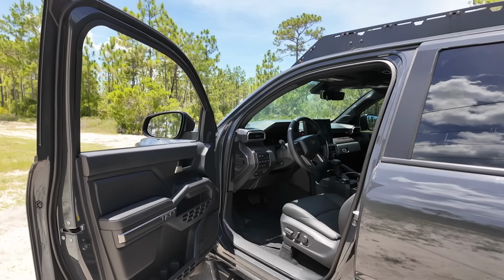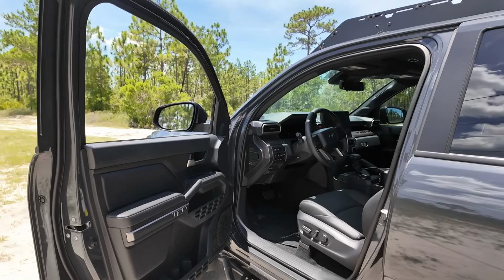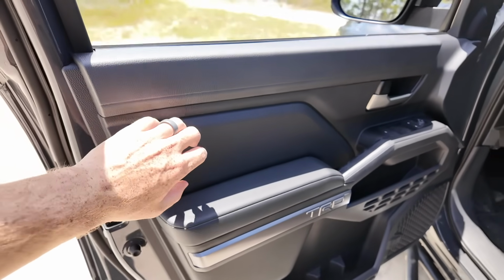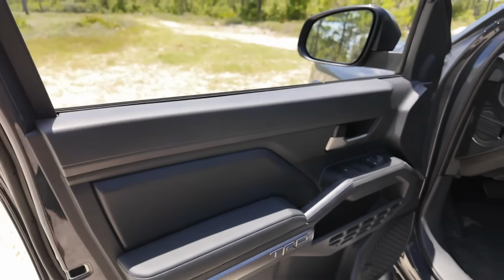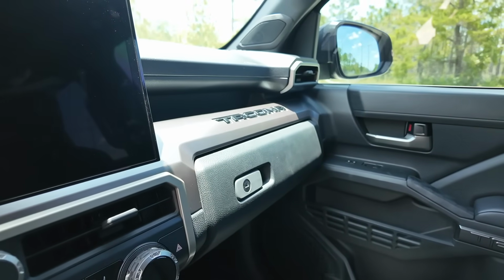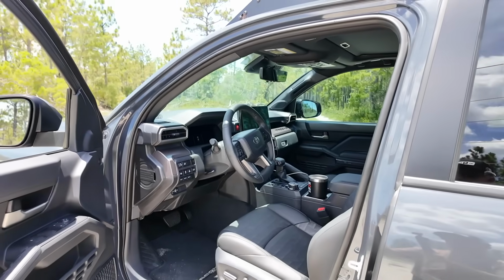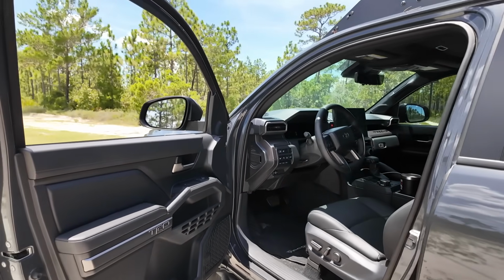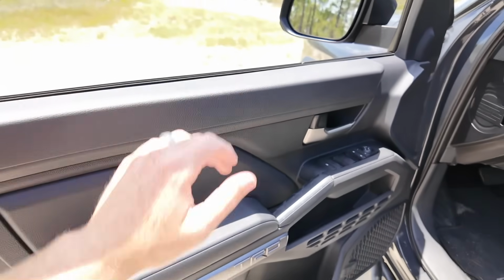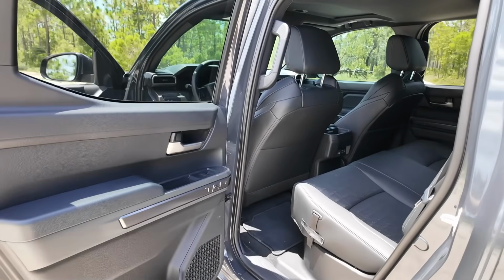To me, this truck needs the treatment, especially with mine being a premium, right? I want the soft touch materials right here, like the TRD Pro Tacoma does. I want it up here, like the TRD Pro Tacoma does. And also my glove box over there, I would like to have some soft touch materials. This truck just has too much plastic, honestly, for the price. It's durable, don't get me wrong. Like, it feels good, nice, like rubberized right here. The door feels super solid, but I just wish, man, that there was a little bit more soft touch material,